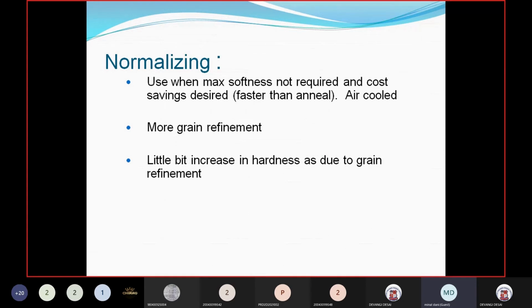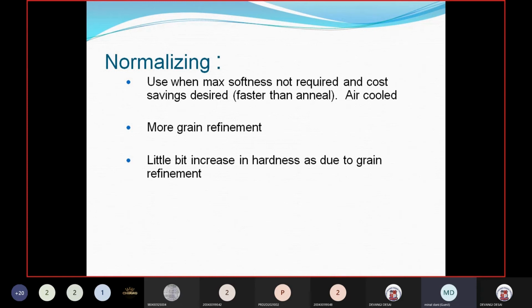तो फर्नेस के अंदर सैंपल रहेगा, उससे जल्दी ठंडा हो जाएगा आपका सैंपल. Why? We are from 880 degrees, we are just taking out in 25 degrees Celsius. हम लोग 25 डिग्री पे ले आते हैं. So this cooling is faster compared to your annealing treatment.